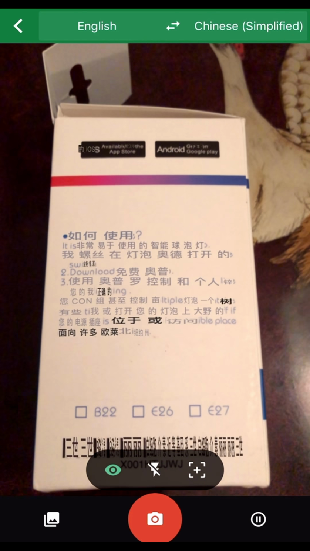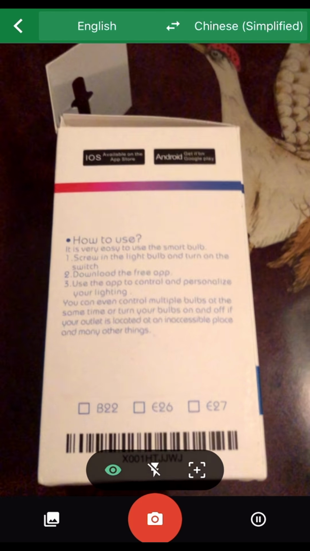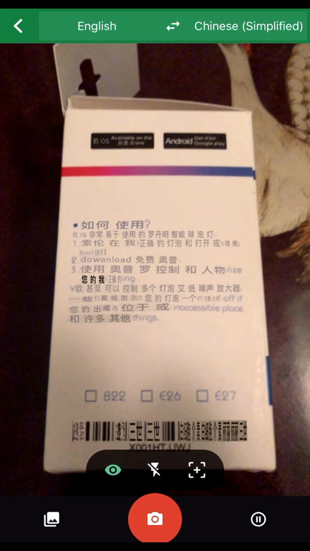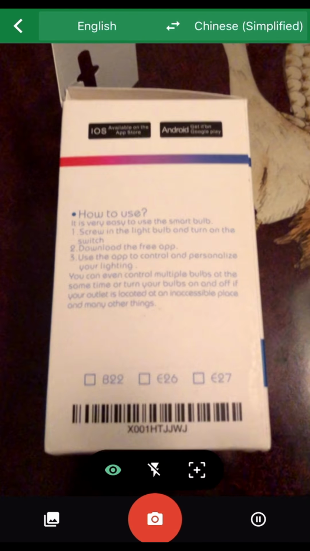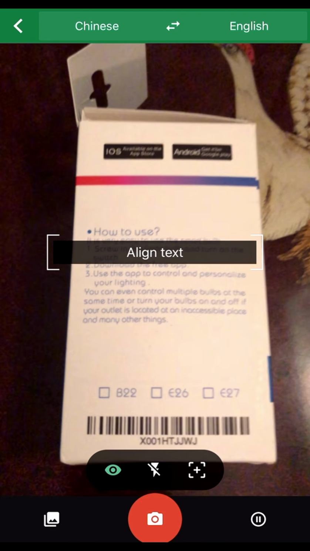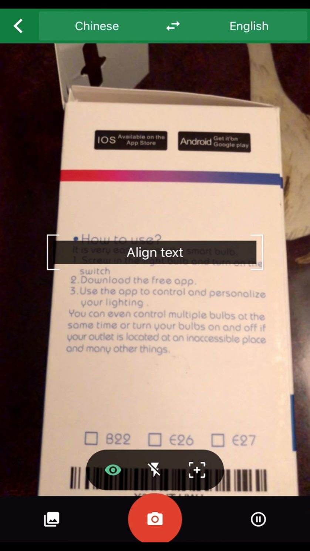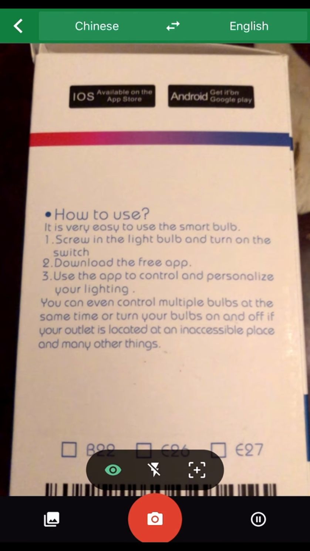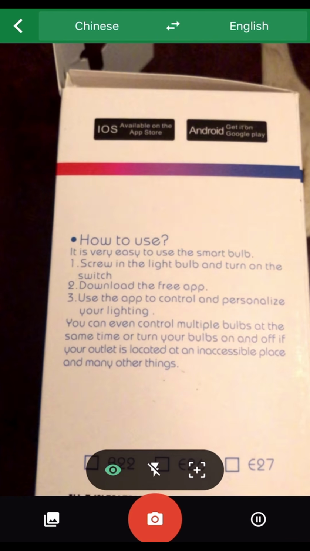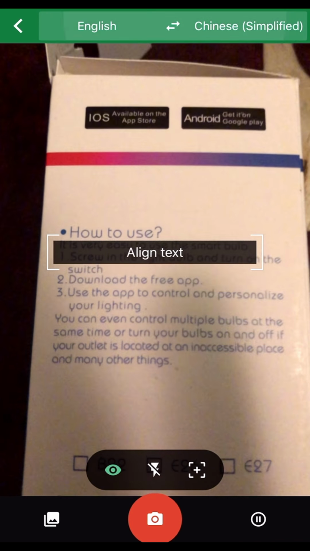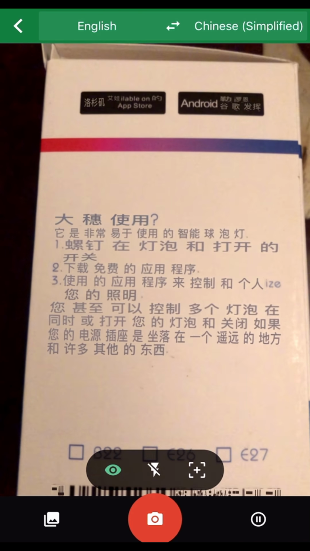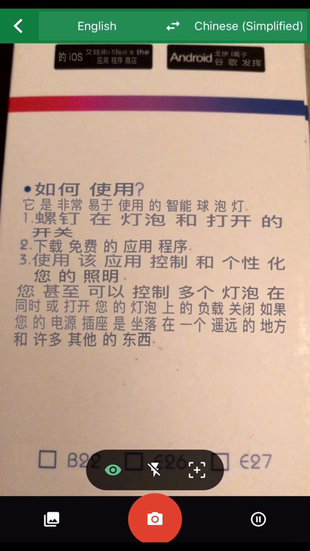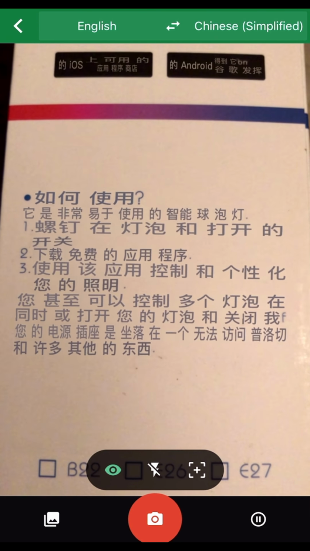Okay, right now I have something in English, and it gets translated into Chinese. You can't see very well. Okay, let me show you what we are trying to translate. So basically there's some instruction here. Now if I tap on the left right arrow, so it's attempting to translate on the fly. Okay, but it's not very stable because